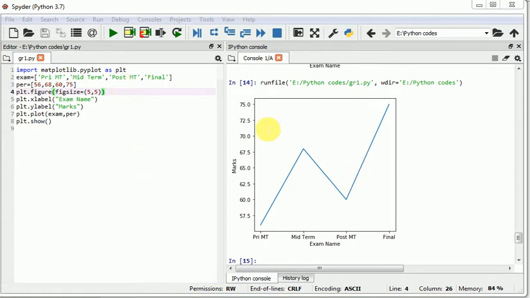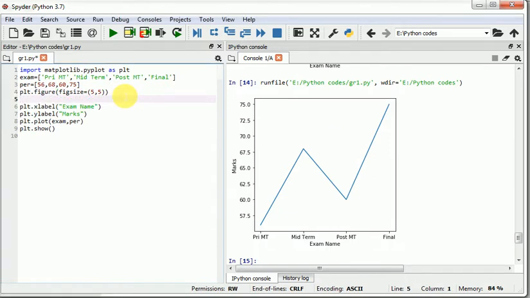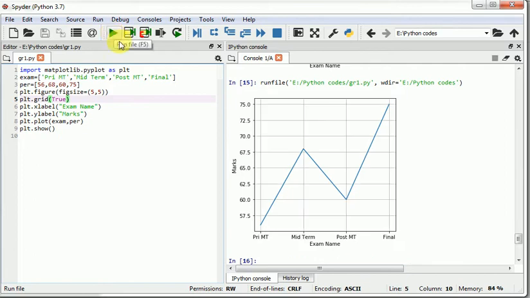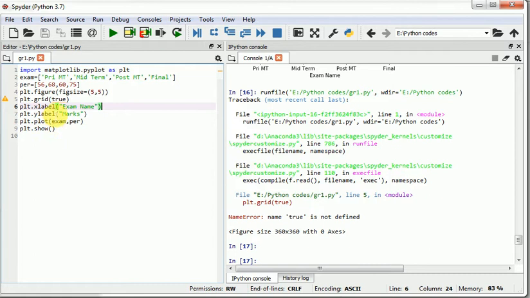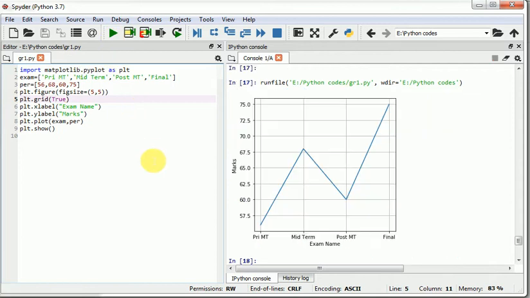Here, if you want to display the grid, for that purpose you can give the grid function, and inside the brackets give True. Now run this. Okay, so your grid will display here. Always remember that the T is capital for True. If you write a small t, it shows an error here. When you run, it displays your error message. So T must be capital, and run.